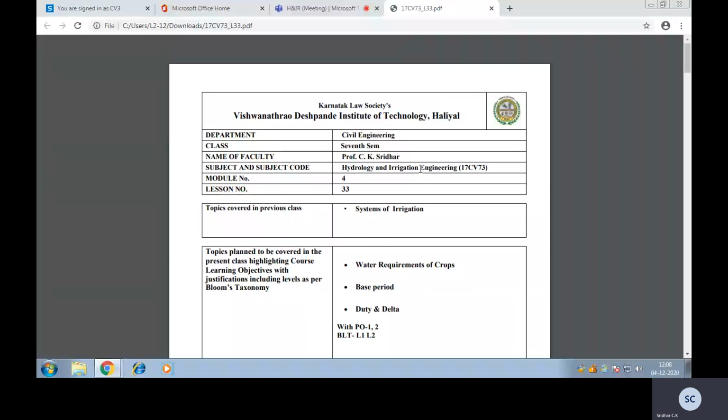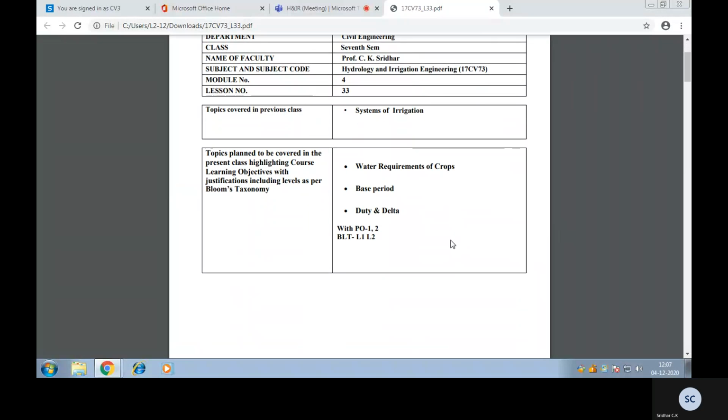In the previous lecture, we have studied systems of irrigation. Today, I am discussing some of the topics which are very relevant to the development. The very important is water requirements, period, duty, and